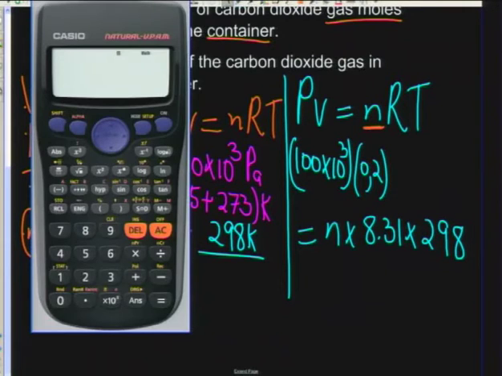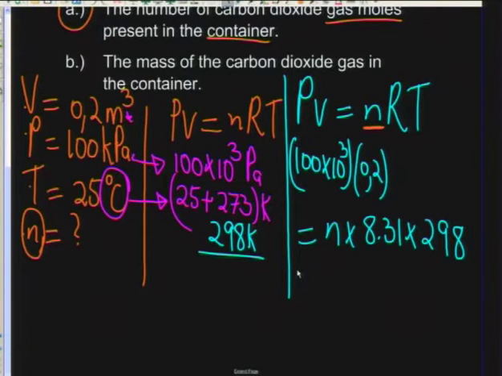I've got 100 by 10 to the power 3 times 0.2. What I have here now is 20,000. So I've got 20,000 here,